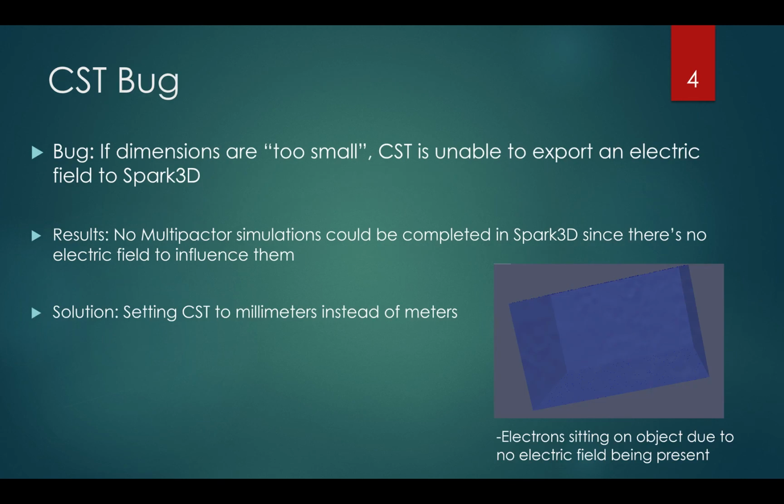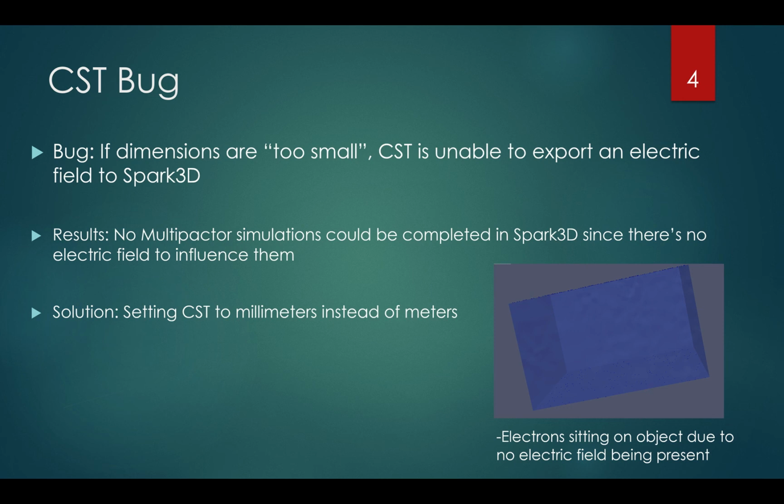So for the CST bug, it was mainly caused by the fact that if the dimensions were quote-unquote too small, CST is unable to export an electric field to Spark 3D. And by too small, it was simply like if the CST file had an input of meters and I put it in millimeters,